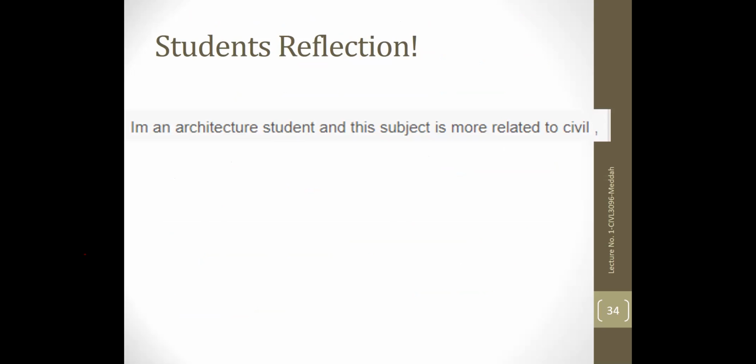So I think after this, you understood that whether you are a civil engineer or an architectural engineer, you need to study materials and understand the behavior of materials, because we have somehow an attitude from some students, especially architectural engineering students. They are saying we don't need to study this course. We don't need to study construction materials. This is mostly for civil engineering students. This is completely false.